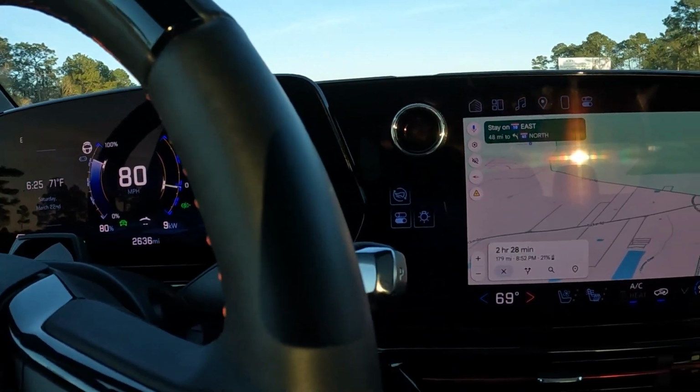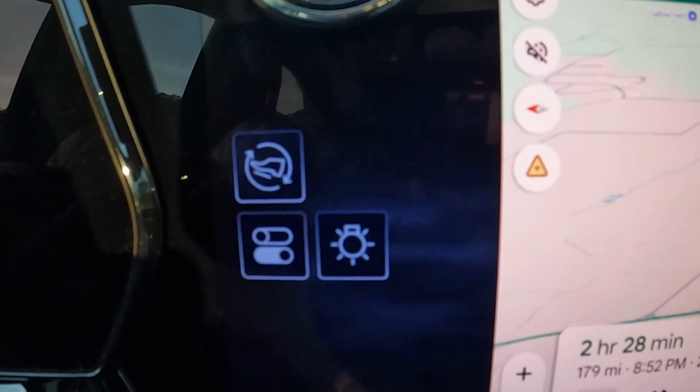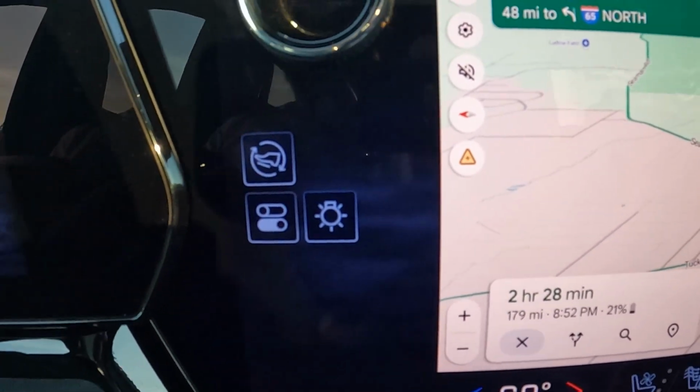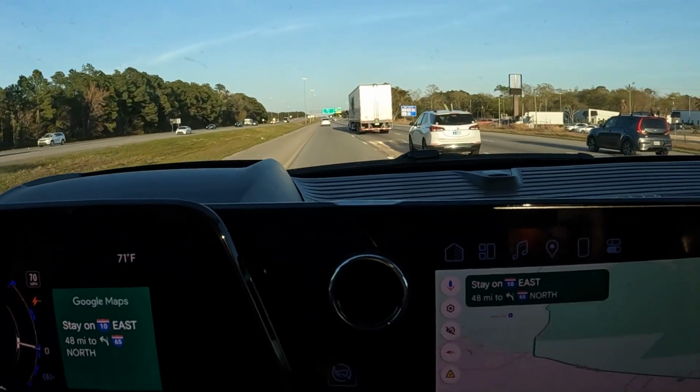One other thing I wanted to show you. I talked about the regen braking earlier, and obviously I turn that off when I'm on the interstate because there's not a lot of regen braking, so there's no need to put it on. But sometimes when I get back in the truck, I forget to turn regen braking on, and it's like, if I don't have it on, how can I take advantage of it? There is a secondary means by which you can use regen braking, and it has to do with